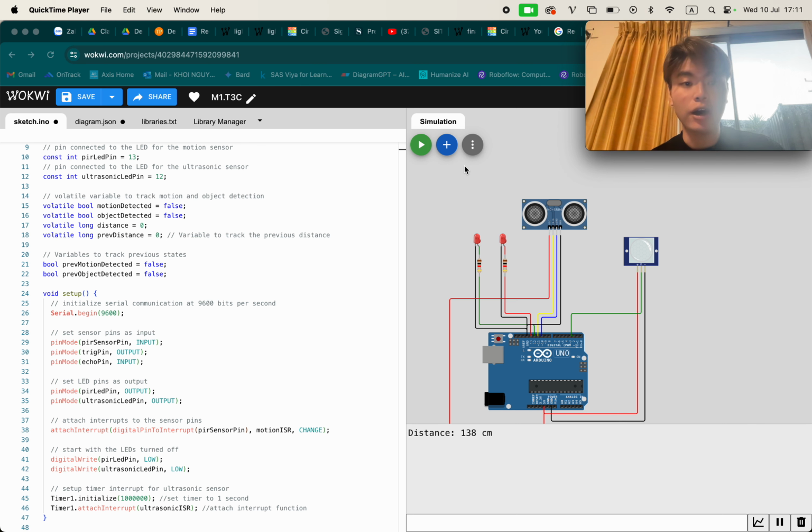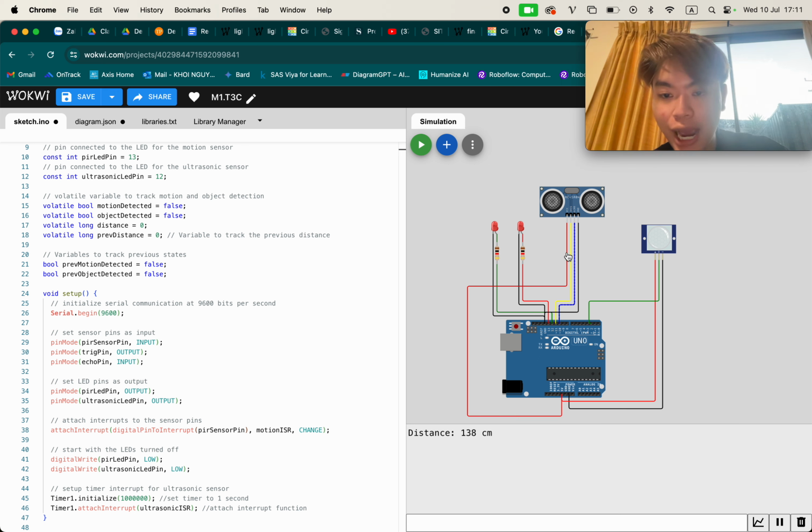Today I will explain assignment T3C, so let's go straight to it. First, I'll explain a little about what I'm doing with my Arduino. You can see we have a lot of devices here. The first is the Arduino Uno board, and then we have two sensors: a PIR sensor, and the second one,